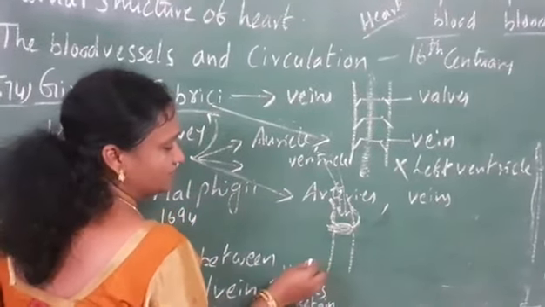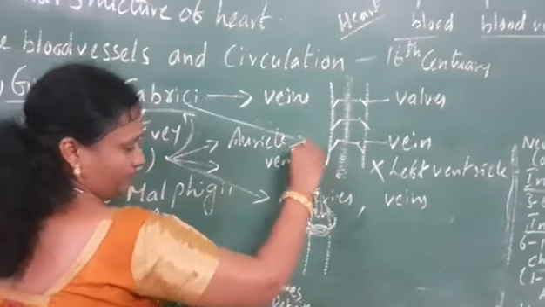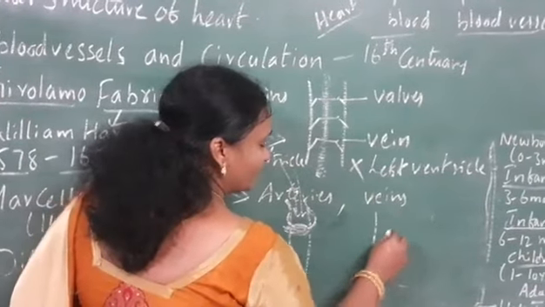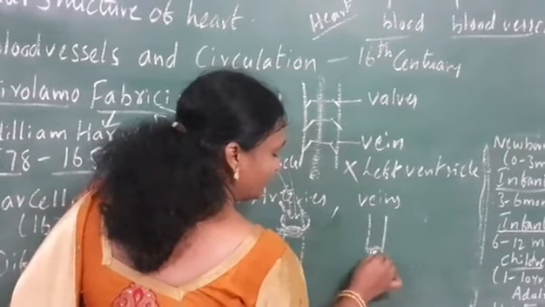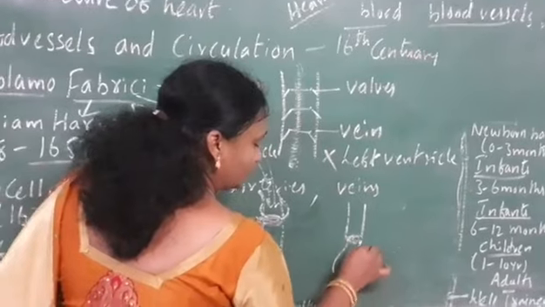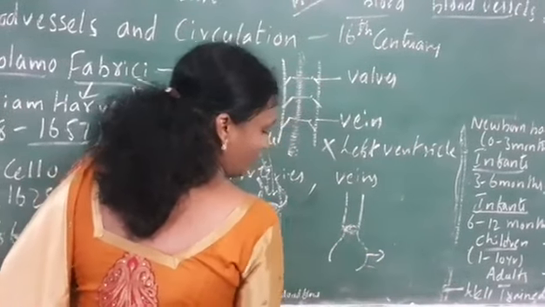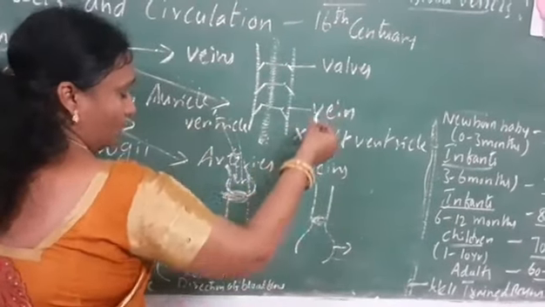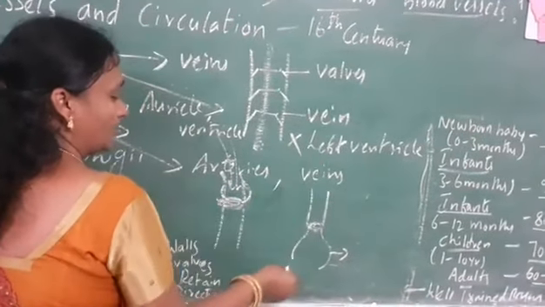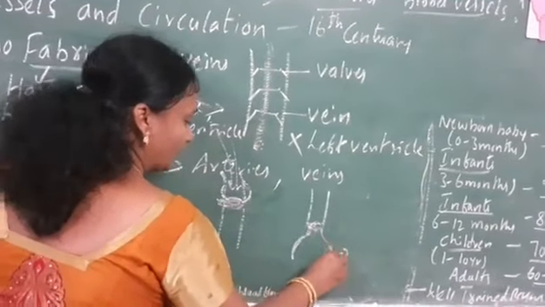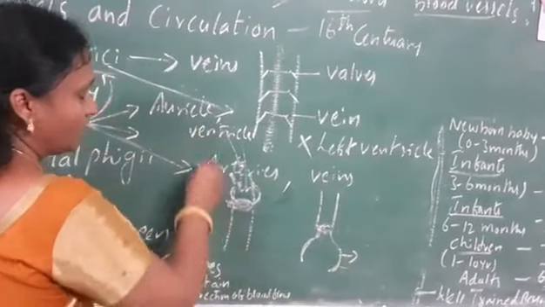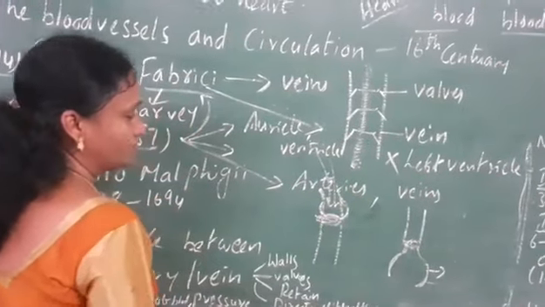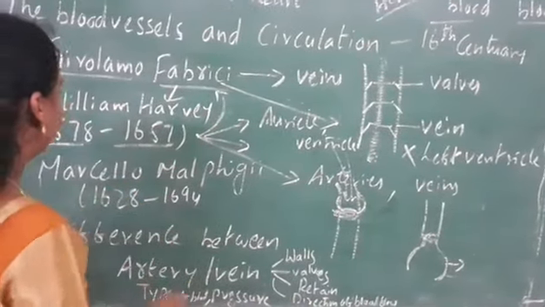So from this it is clear that the arteries bring the blood from the heart and send it to the different parts. When we see the veins, we tie a knot, and here we observe the bulging is away from the heart. The blood is moving from down to up, that is, the blood is moving towards the heart, and the bulge we observe is away from the heart. So it clearly indicates arteries carry blood away from the heart, and veins bring blood to the heart. That is another discovery done by William Harvey.